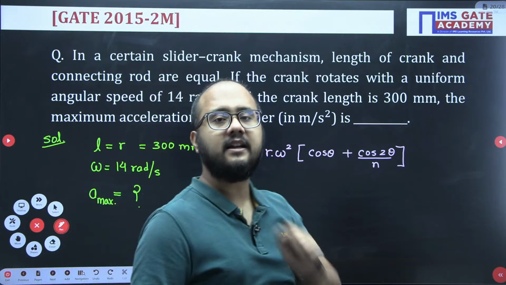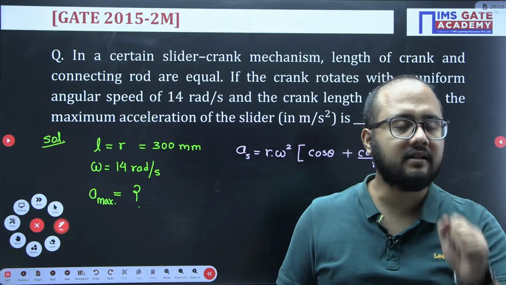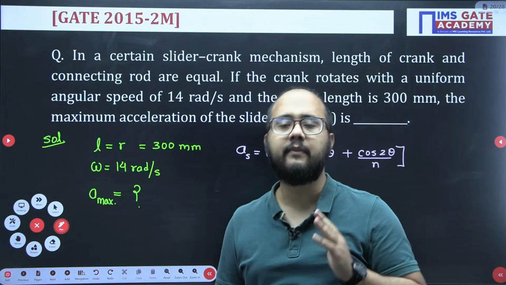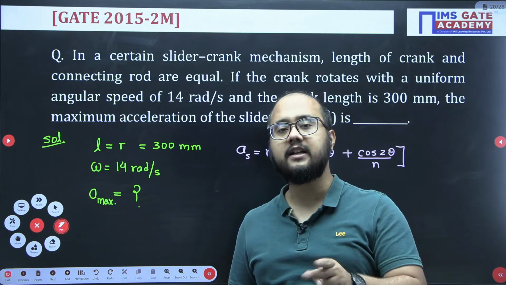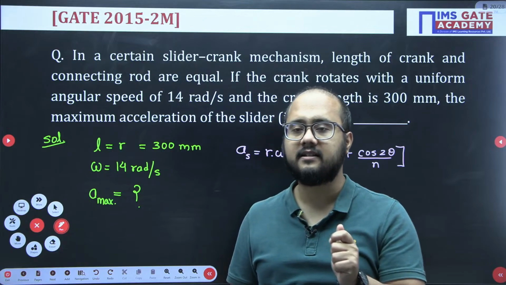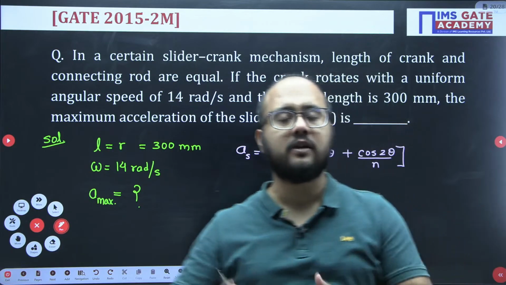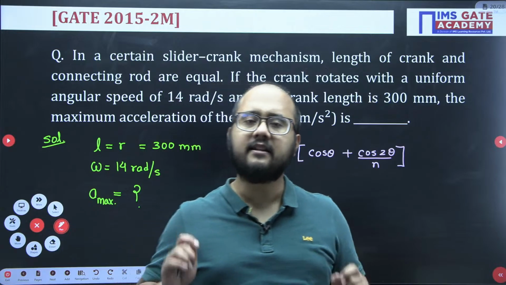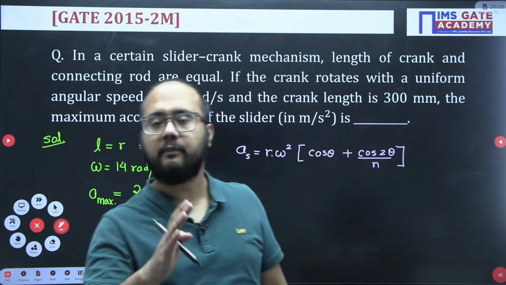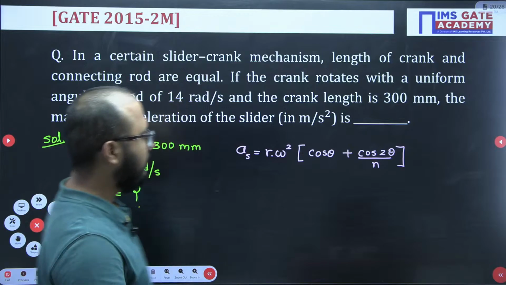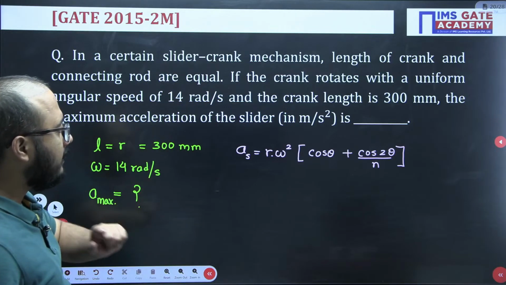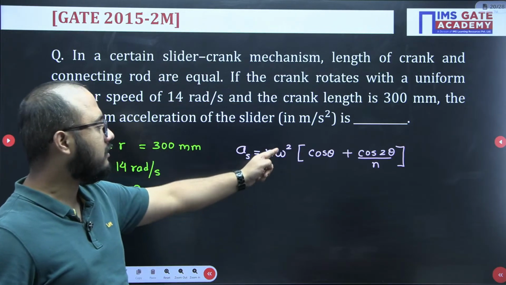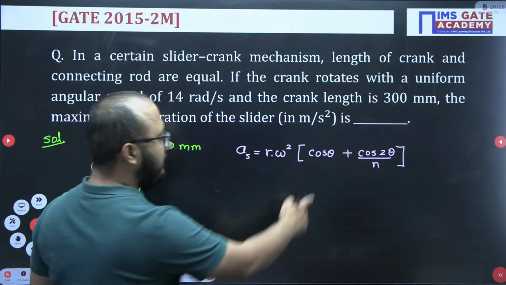At the dead centers, the acceleration of the slider is going to become maximum, but the velocity of the slider is 0 at dead centers. That's why inner dead center, outer dead center. At dead centers, for a moment the piston will stop. That's why velocity is 0. So it will be maximum when theta value is 0. If I put theta value 0,